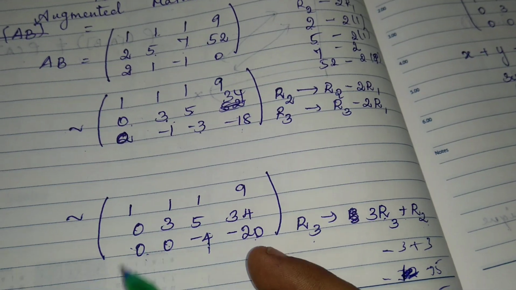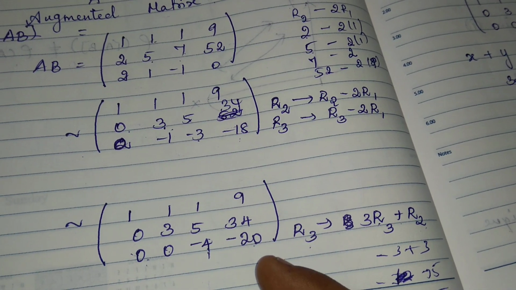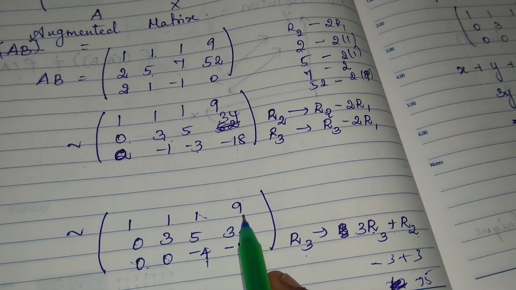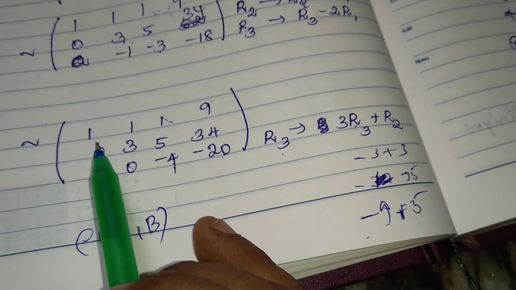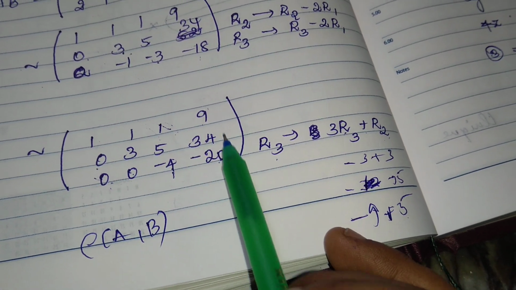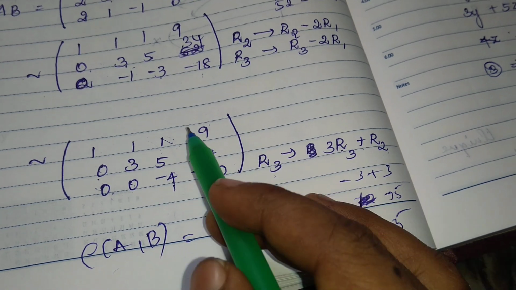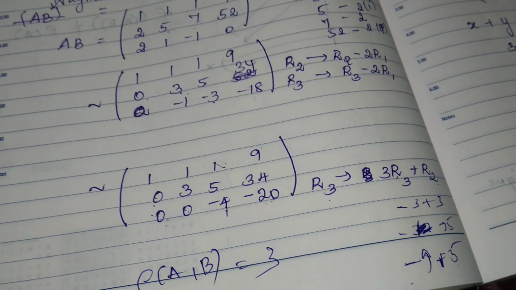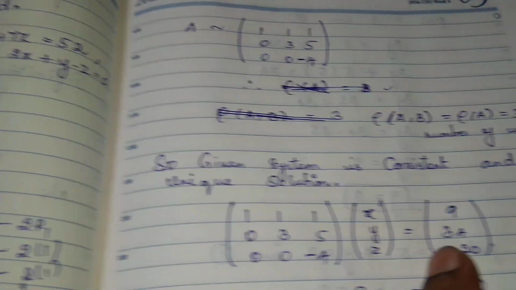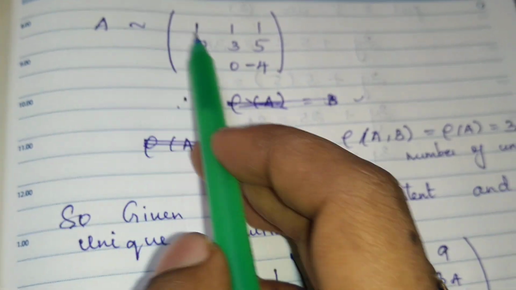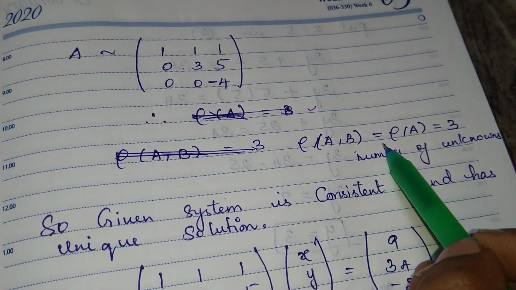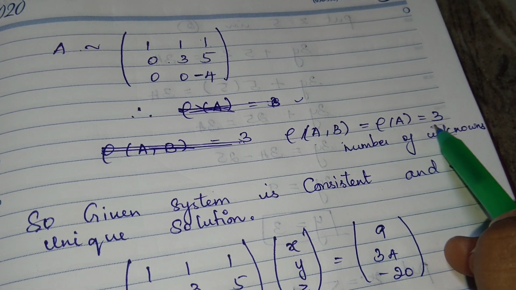So see the rank of row A comma B is this. So this is row A and this is only B. Yes. So row of A comma B, this is row A and this is row B. Row of A comma B is what? 3. Yes, this is all for your understanding, not in your steps. So see row of your A matrix, A is equivalent to 3. So row of AB is equal to row of A which is equal to 3.